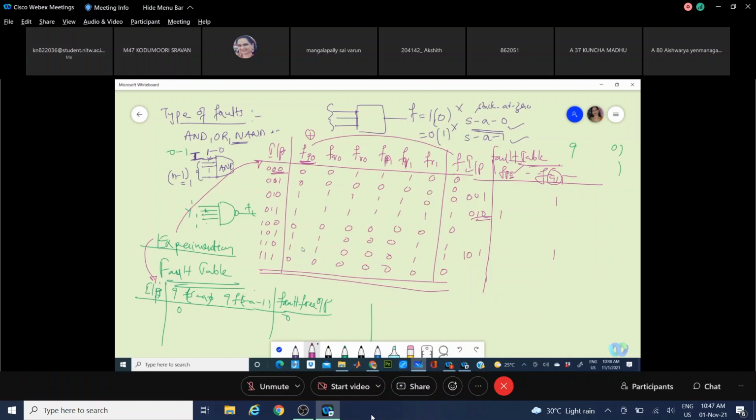Now check this. See, when you enter the values onto your fault table, how it looks like now. See, the response on line P and Q for stuck at 0 is similar.